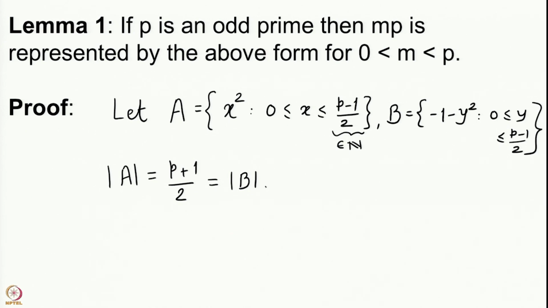Observe here one basic thing that we have used is that if you take any x from 0 to (p minus 1)/2 and any other x prime, then their squares are never equal. In fact, if you have a square congruent to b square modulo p, then a has to be plus or minus b modulo p. This follows from Euclid's lemma.